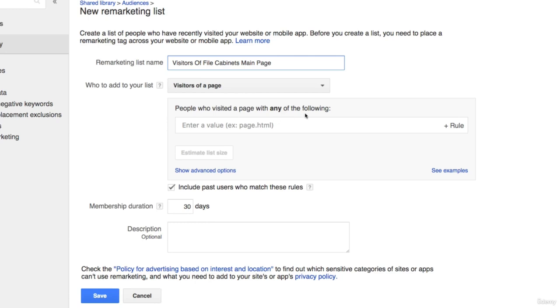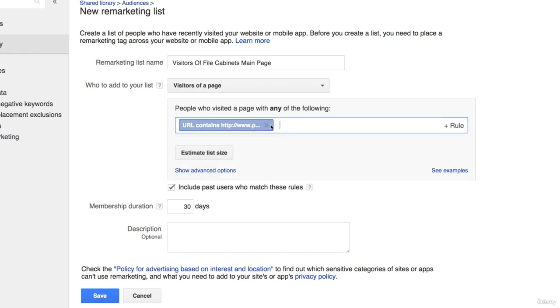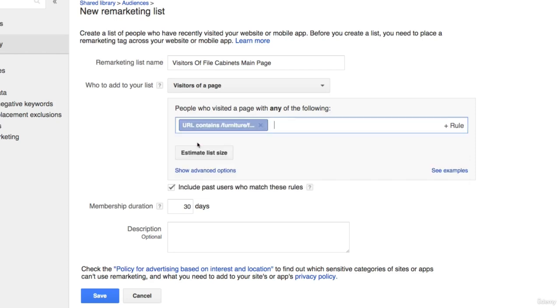and people who visited a page with any of the following. These are my rules. So they visited the file cabinets page, and I have the option that the URL contains or the referrer URL contains. In this case, we want to click the URL contains, but I don't need to have the entire URL in there, because as long as it contains this extension or this subdirectory, we're going to be getting the correct people